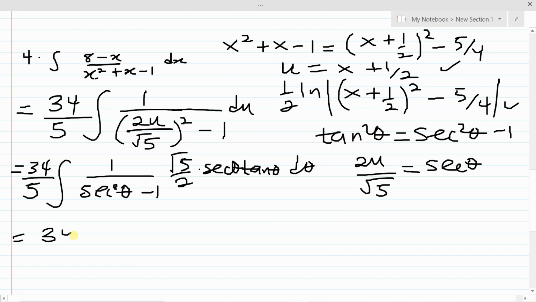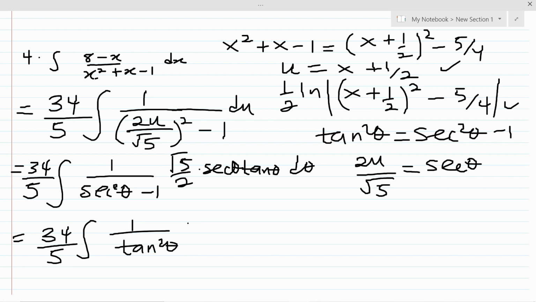So this is equal to 34 over 5 the integral of 1 over tan squared theta times square root of 5 on 2 dot sec theta tan theta d theta. Okay, so now one of the tan theta will cancel this tan squared theta. Okay, so we'll get something like